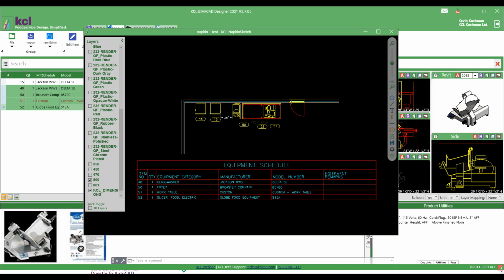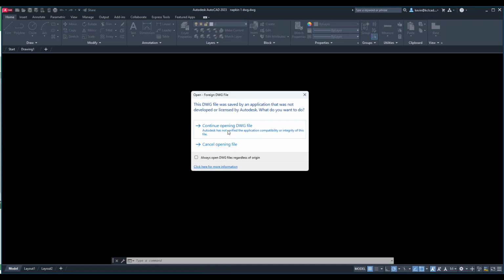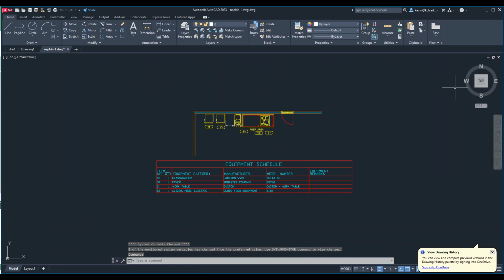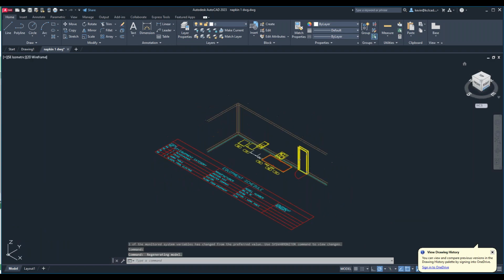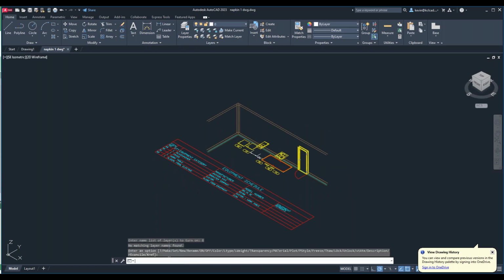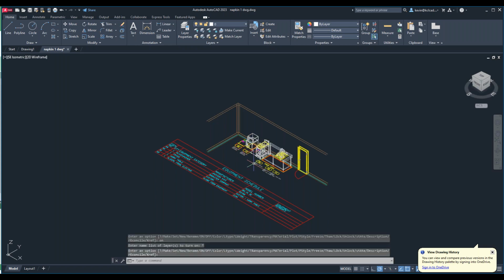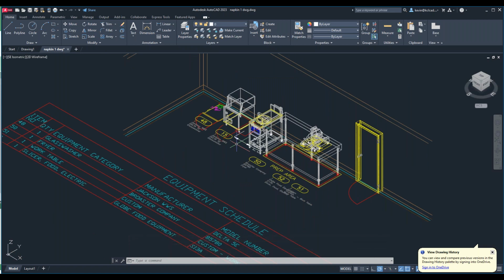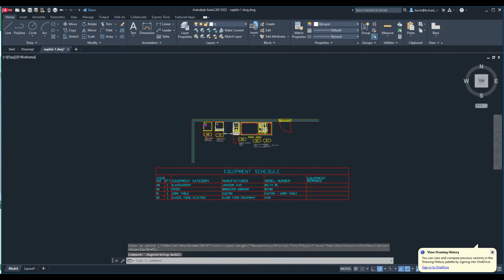Now, if I open up the AutoCAD file that I made, it's exactly what we left off with here. And if we choose to view this in 3D, it doesn't look very 3D-ish, but we're going to turn on all the layers. So it did retain the 3D that we had from NapkinSketch. Everything is where it was location-wise, and I now have a drawing that my design team or architect or customer